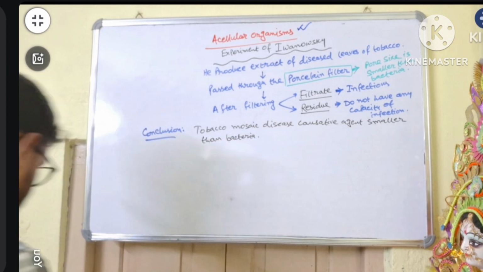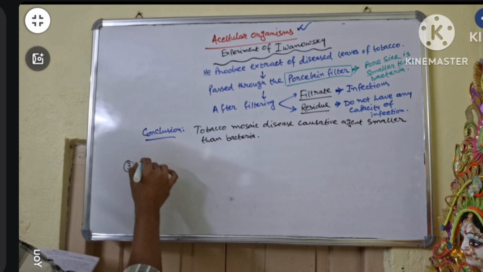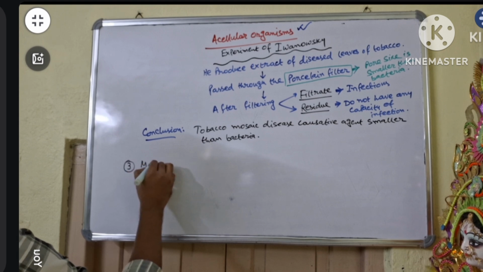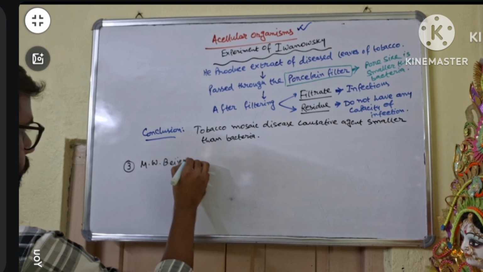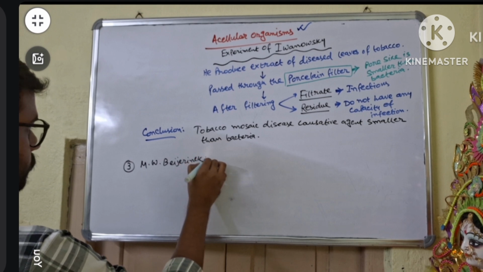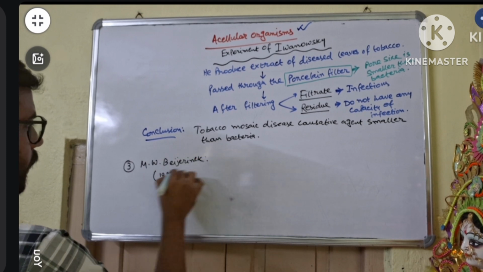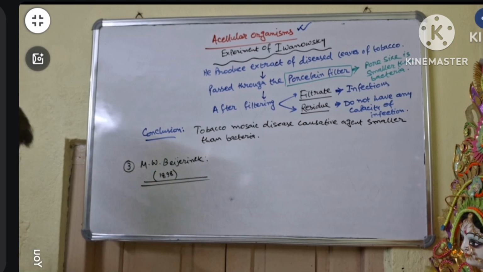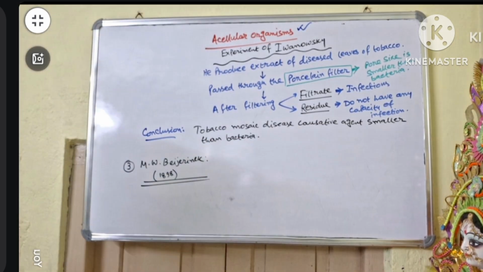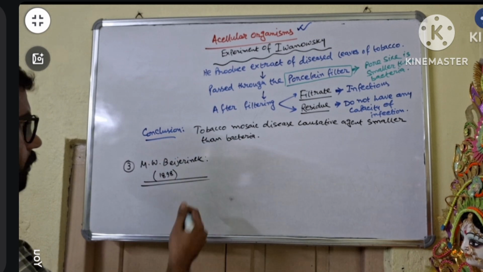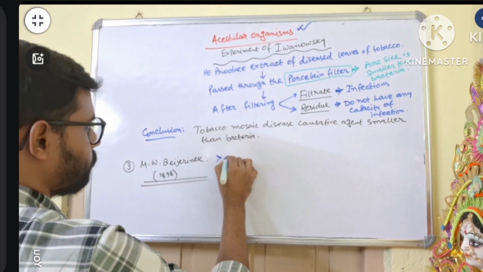So scientist number 3, after Ivanovsky's experiment, M.W. Behring, 1898. He did all the experiments in 1898, confirming the above experiment by repeating it,